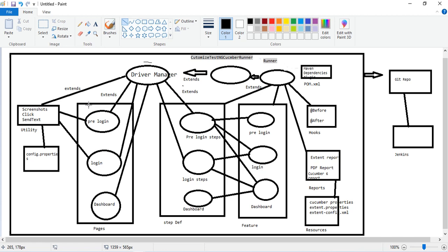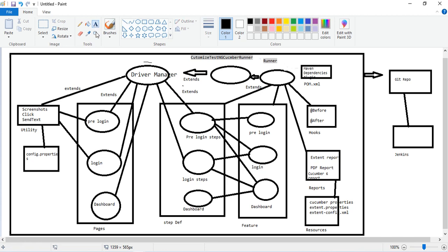Okay, coming back to that, in the next video we are going to create some pages using page factory annotations like @FindBy, @FindAll. Okay, so these kind of annotations will be used to create pages. Okay, so in page object model, what happens guys, each page is represented as a Java file.